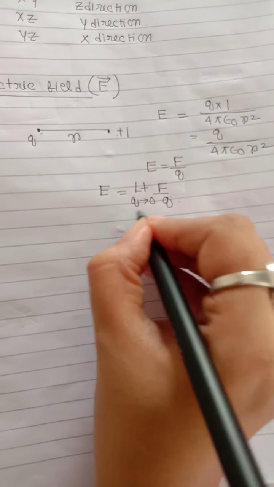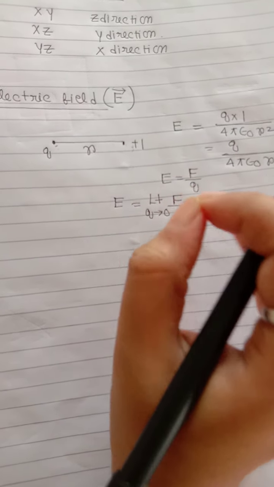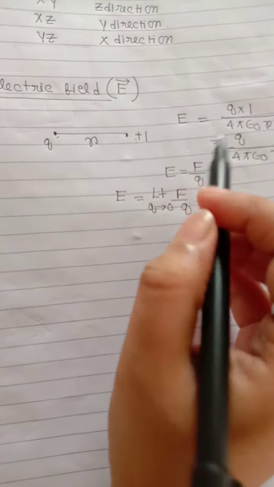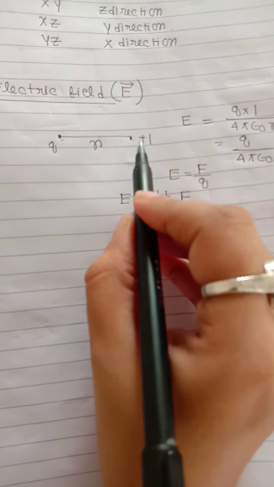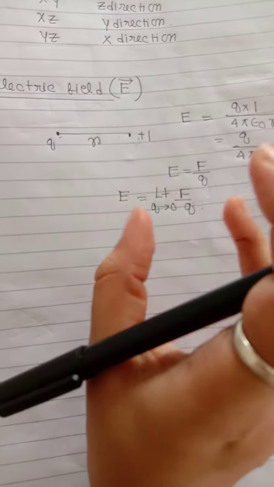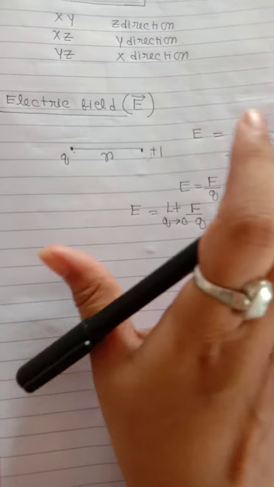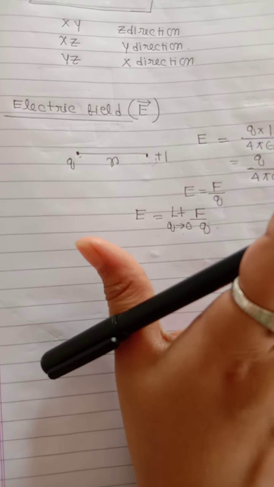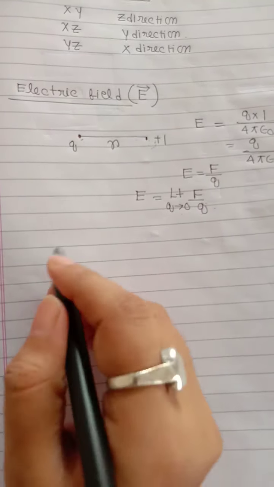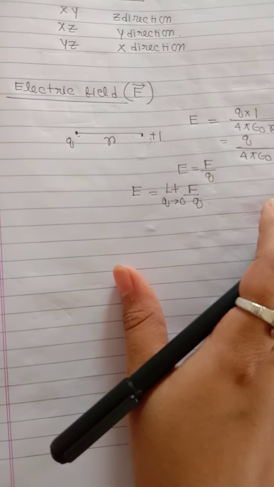Here we consider the limit Q tends to 0 of F by Q, where the test charge is very, very small, tending to 0. That means if I consider a very small charge here, then from the force experienced by a small test charge placed at a point in the electric field, we can define electric field strength, because a unit positive charge is large enough to disturb the configuration. These electric field definitions we have already read. Now, to understand the electric flux concept, another definition of electric field is very important.